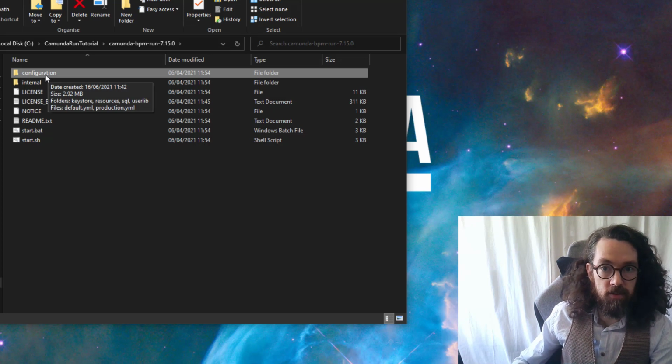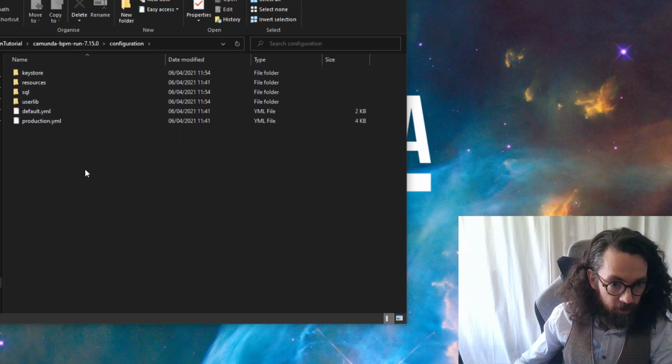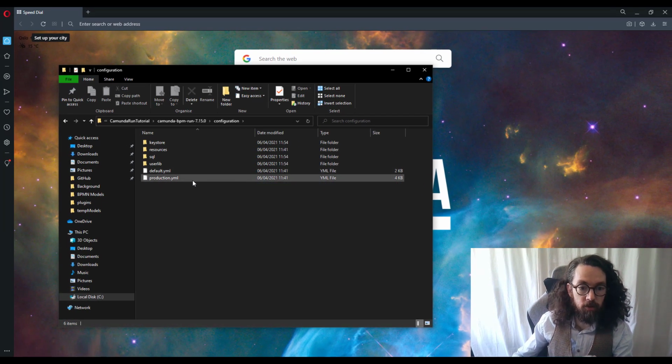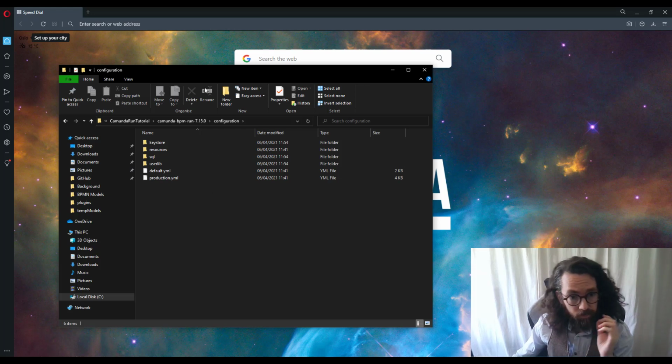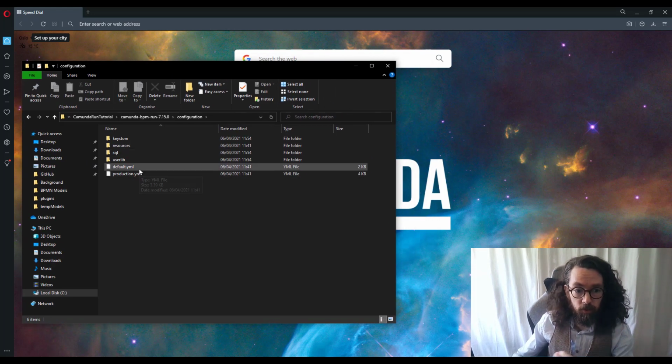Most of the engine configurations are in Java, but we've abstracted them into much more accessible stuff in Camunda Run in this distribution. So let's talk through it. If I open this folder up, if we start from the bottom, we have two YAML files, one called default and one called production. So the default one is used by default. Clever, isn't it? You know, it's in the name. And the production one is kind of like an example of some settings you may want to use in production. And what they really contain is engine settings and engine parameters.